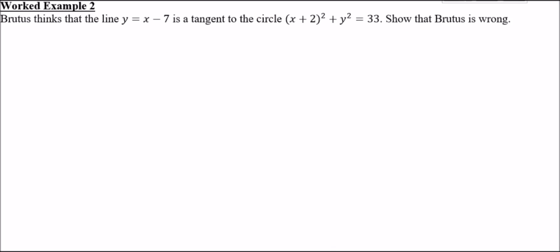Worked example 2, we've got Brutus thinking that the line y equals x minus 7 is a tangent to this circle x plus 2 squared plus y squared equals 33. We need to show that Brutus is wrong. So what we can do here is sub in that y is x minus 7 into this expression for y here. So this equation here,